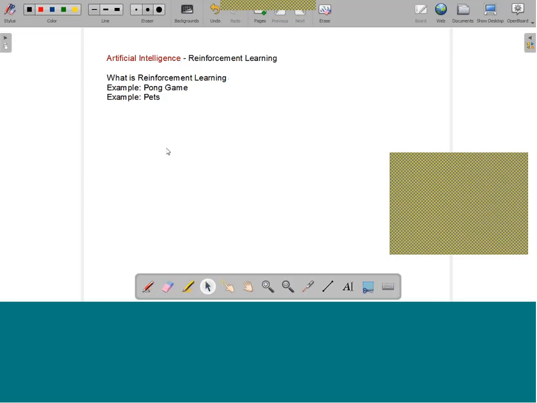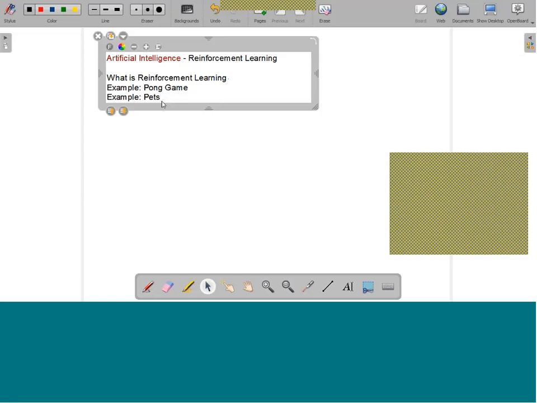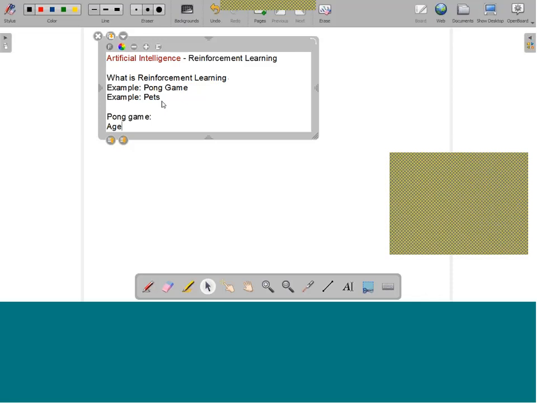Shivam, what about other students? What is the reward here? If I am considering the Pong game, let's start writing. What is the agent? We have to write that, and then you have to give me the reward. Can anyone tell me regarding reward? And also we can write the action. I have already told you regarding action, so tell me regarding reward. What is the reward in the Pong game?